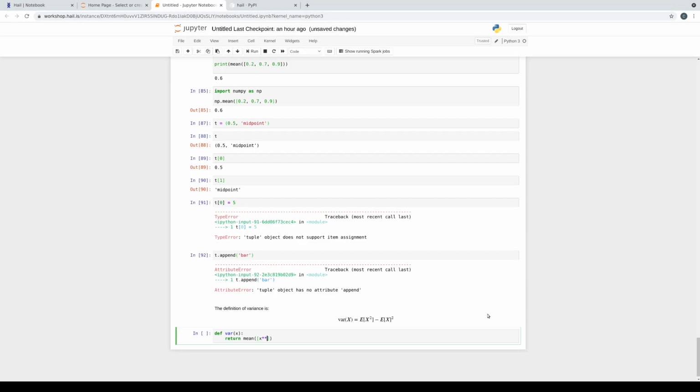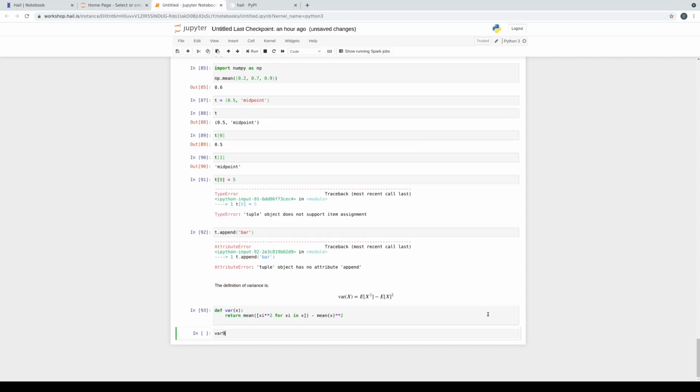And we already saw basically how to do that. xi for xi in x using a list comprehension. And then we're going to subtract the mean of x squared. Very concise. Between for loops and list comprehensions, you can write a lot of stuff very concisely.